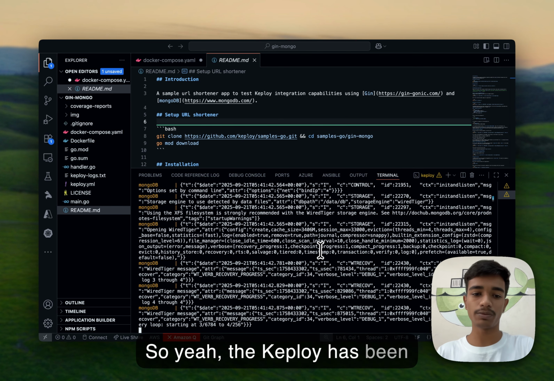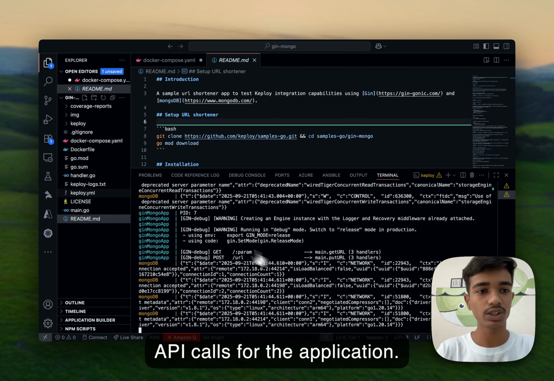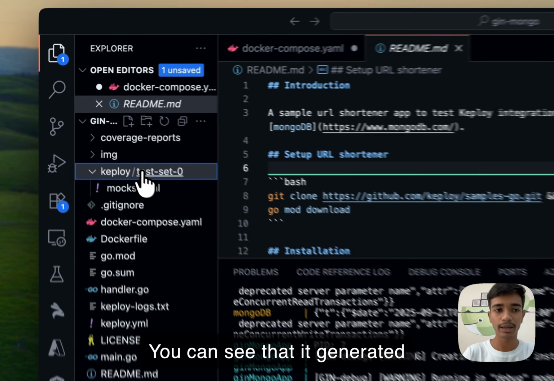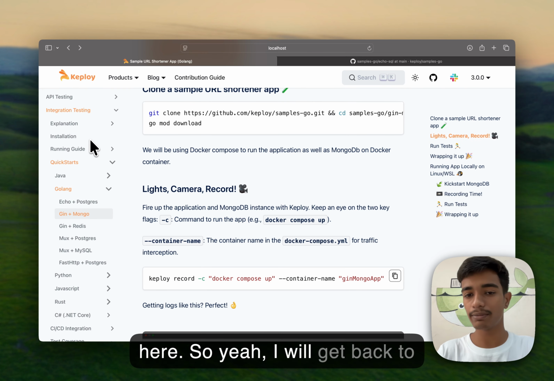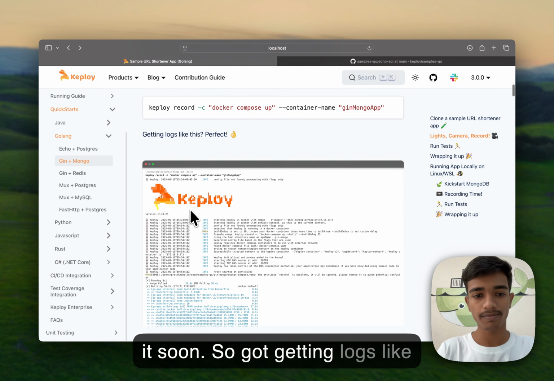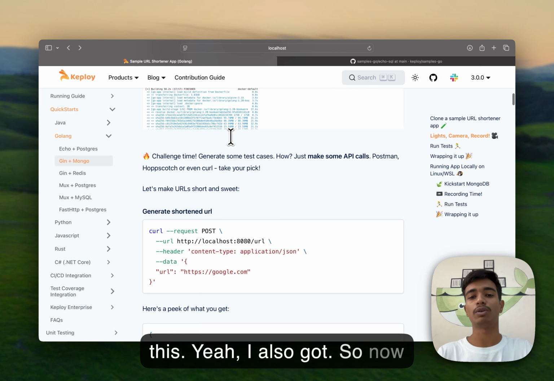So yeah, Keploy has been started. It started recording the API calls for the application. You can see that it generated a Keploy folder here. I will get back to it soon. Getting logs like this, yeah, I also got it. So now we have to